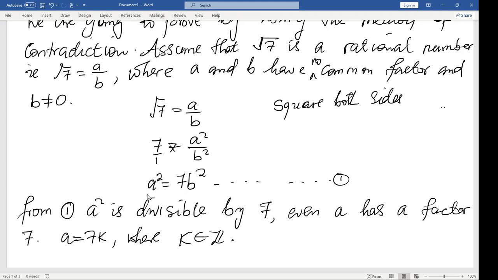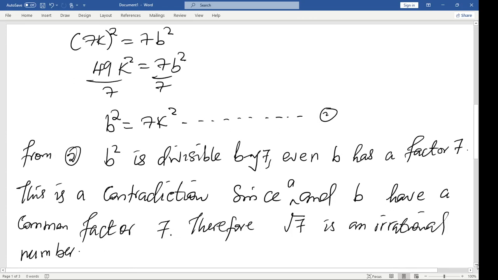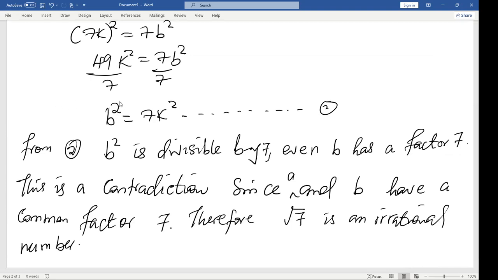So this just simply tells us that a squared is divisible by 7, which implies that a has a factor of 7. So if a has a factor 7, we equate a to 7k. Then we substitute back into equation number 1. When you do that, you notice that even b squared is divisible by 7. So if b squared is divisible by 7, b has a factor 7, which becomes a contradicting statement to what we started with. So since that's a contradiction, then the root of 7